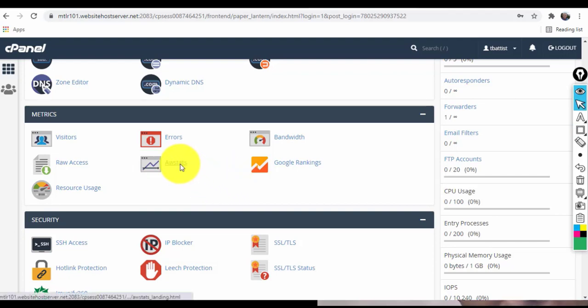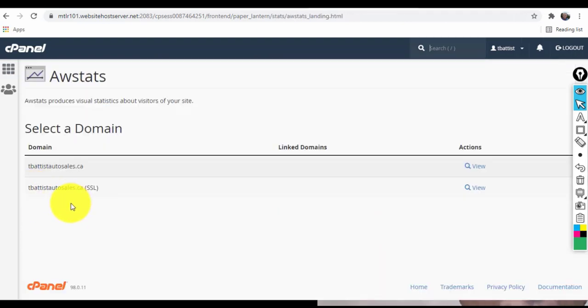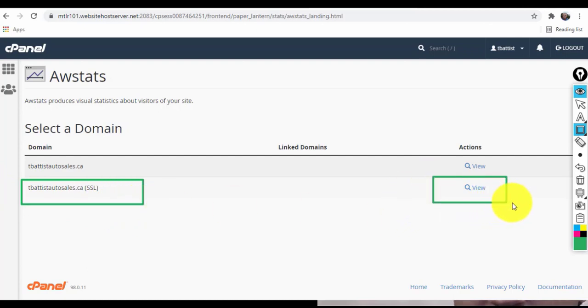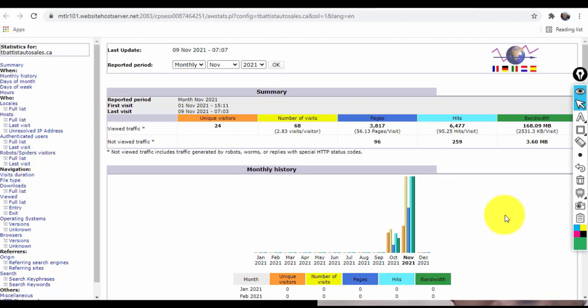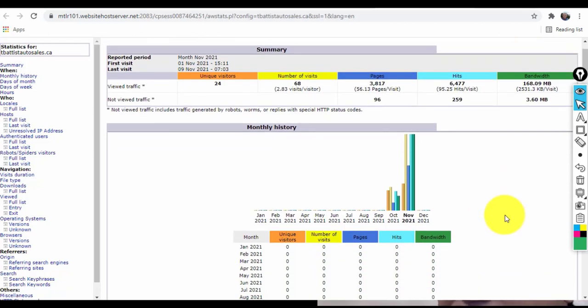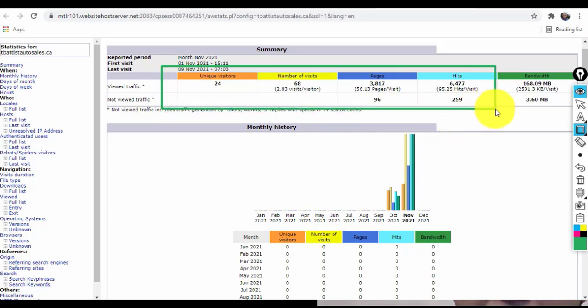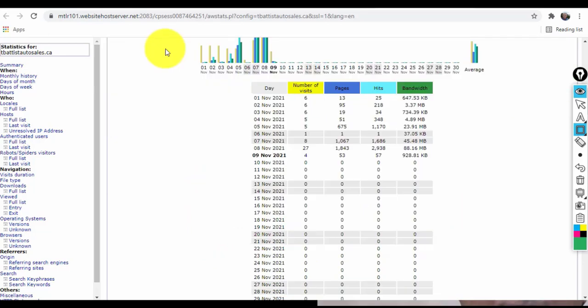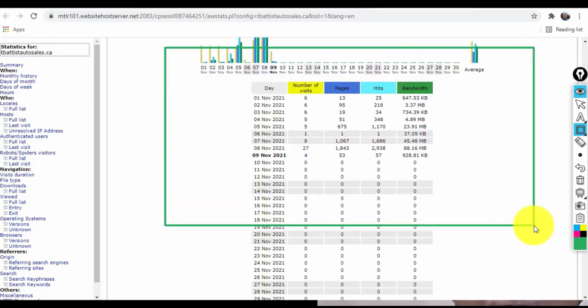So you would click onto your stats, go to your SSL certificate website, and you want to view the stats right here. And once you're in there, you can see exactly your number of visitors, where they're coming from, and where they're going. And your stats right here. You can view them on a monthly and daily basis, and you can see the duration and where they're going